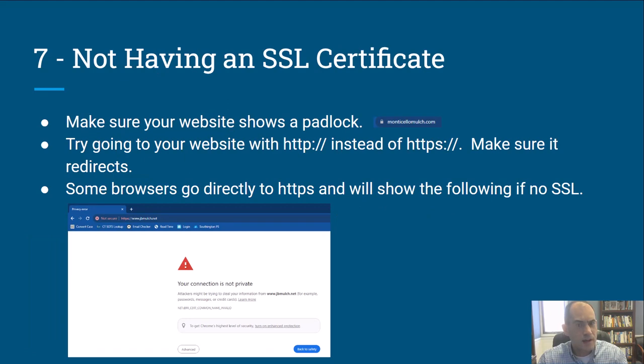The last item is not having an SSL certificate. You want to make sure your website shows a padlock next to the URL. All browsers will show some indication that the website is secure. And what an SSL certificate basically does is it allows you to send encrypted traffic between your computer and the web server. So for a landscaping website, you're not entering credit card information typically, so it doesn't really do much, but